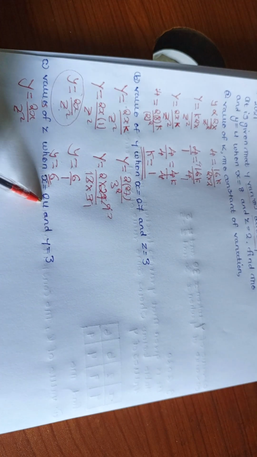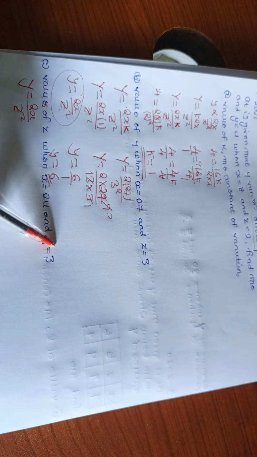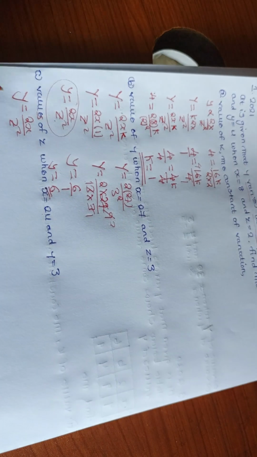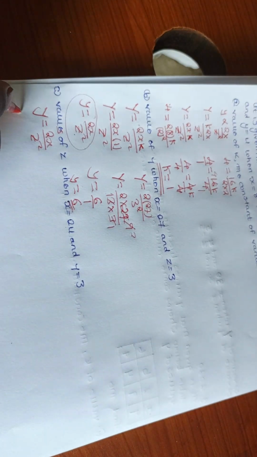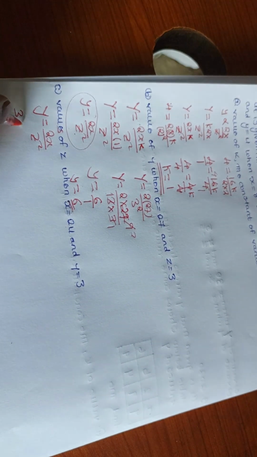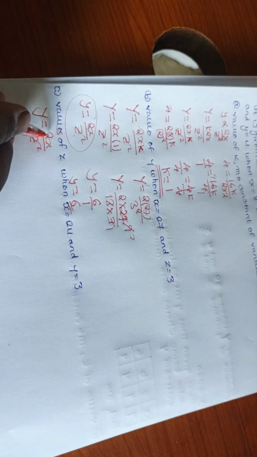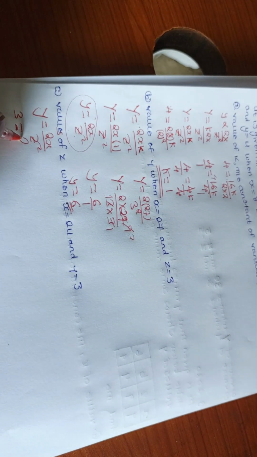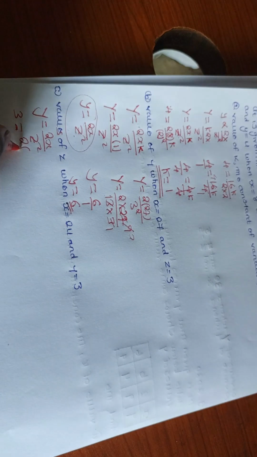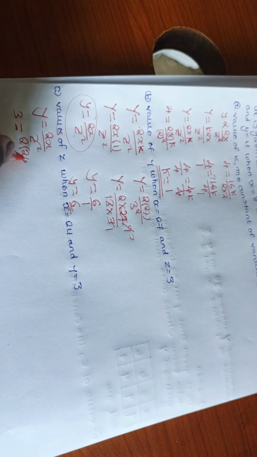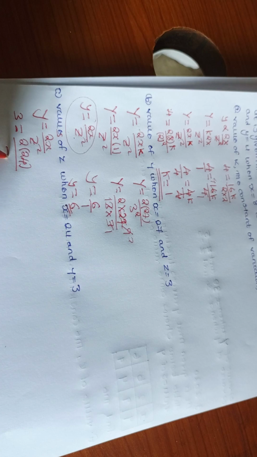Good. So our x is equal to 24 and y is equal to 3. So y there is y, we're going to put 3 here. So we're going to say 3, is equal to our 2 here. Then our x is 24, so we're going to put 24 here, and over z